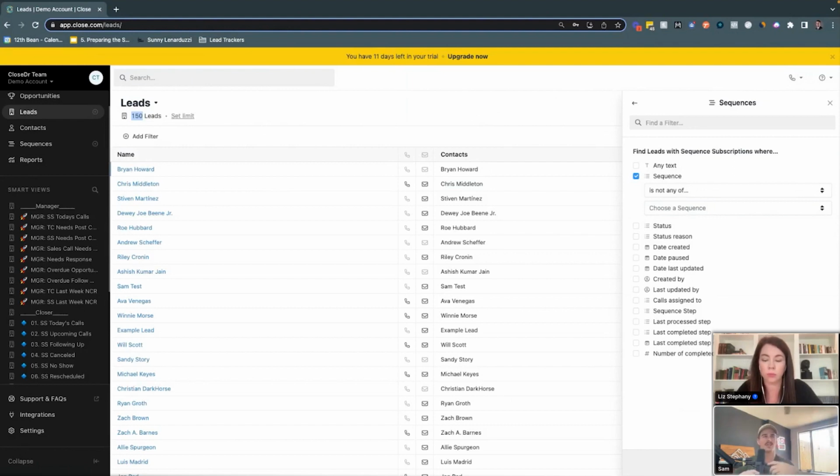If there's an action that needs to be taken because of the bucket that you built, how can you then add just one more piece to your smart view so when that action gets taken, they disappear from it? And that's how you make sure your SOPs and your processes are just super, super buttoned up and nothing's falling